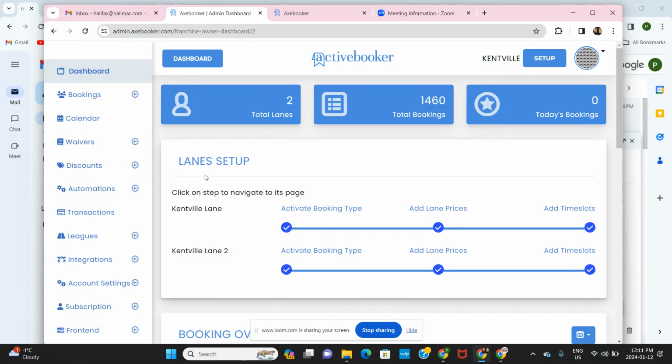Hi there, this is Paul with ActiveBooker, and today I want to share some information with you about our discounts feature that you can find in the back end of your ActiveBooker account. What we're going to look at today is 3 different scenarios in which you may want to add a discount